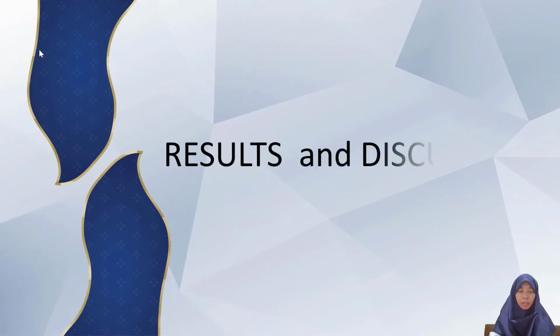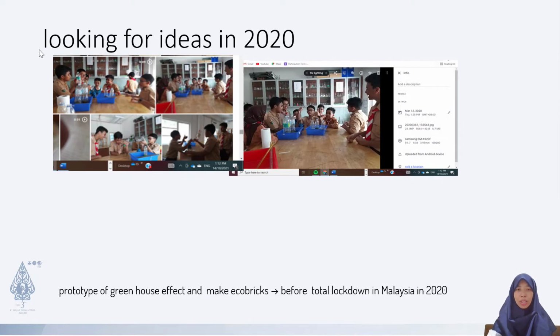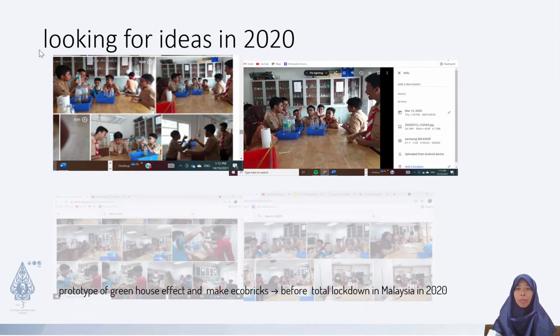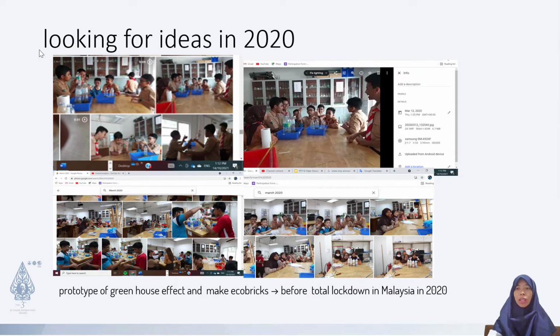Result and discussion. In 2020, students made a prototype of the greenhouse gases effect using conventional temperature measurement. Then they managed waste by making eco brick. However, due to limited time at school and total lockdown due to the pandemic, the project was not yet perfect. The current condition of technology is very much needed in facilitating learning limitations during the pandemic, so that students can learn maximally and meaningfully. Based on the explanation above, students were invited to make prototypes of the greenhouse effect and waste management to help the Earth solve its problem using technology in 2021.